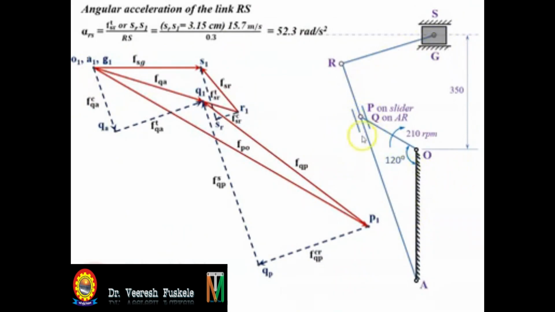In this video we have also seen how to draw and compute the Coriolis component in its magnitude and direction. And also we have solved the problem to find the acceleration of a point which is moving on a link, and that link is also having an angular velocity. Such types of problems you can also take up from the book and practice on your own.